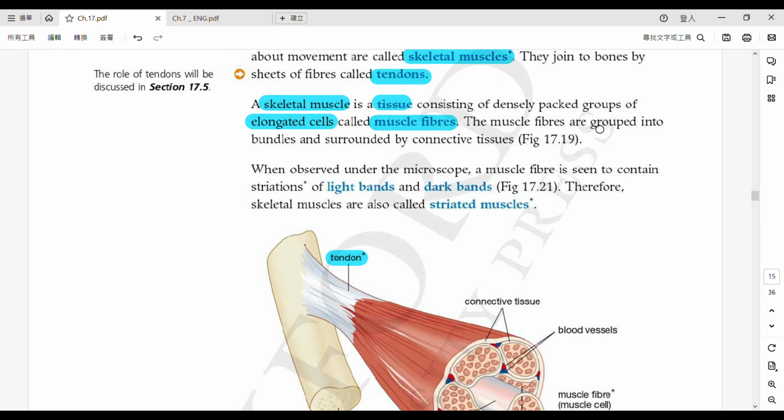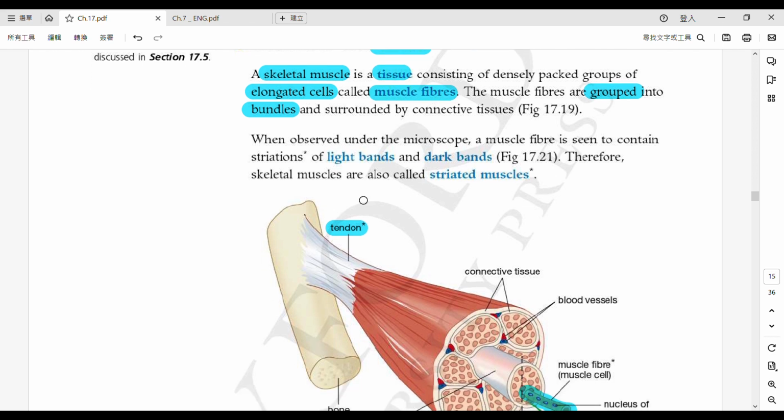And then they're grouped. 佢哋會組成一齊啦 and they will form a bundle. Bundle 就係解一束束啦。Okay, a bundle of flowers, 一束花啦。And eventually, how do they form a skeletal muscle? 點樣形成一嚿肌肉呢？ So they are surrounded by connective tissues. So connective tissues, we have learned this word, they're just like connecting different things together. 會連接唔同嘅嘢嘅。